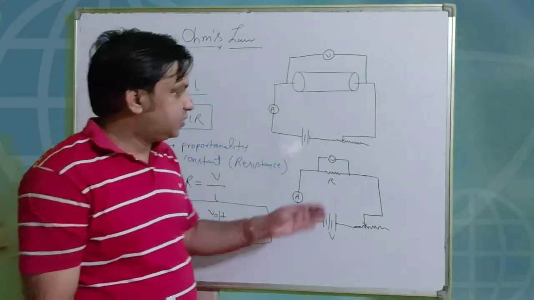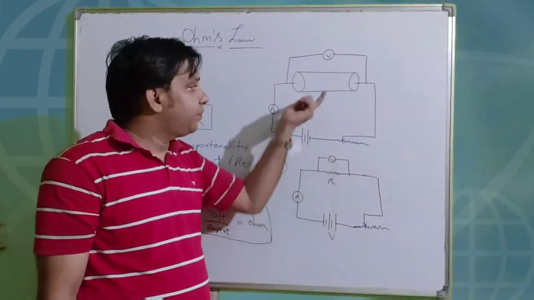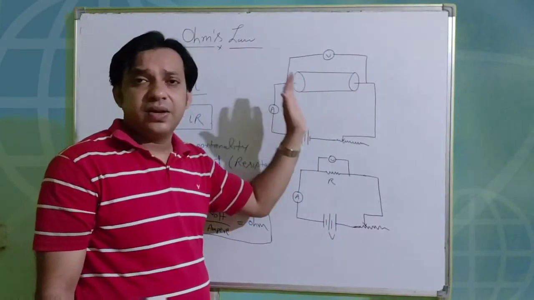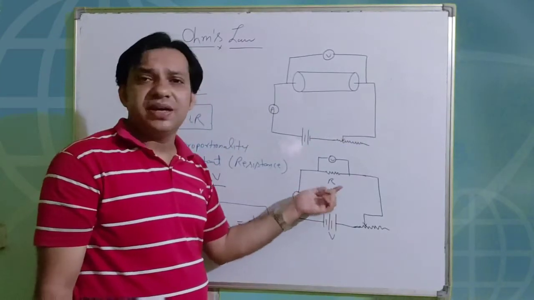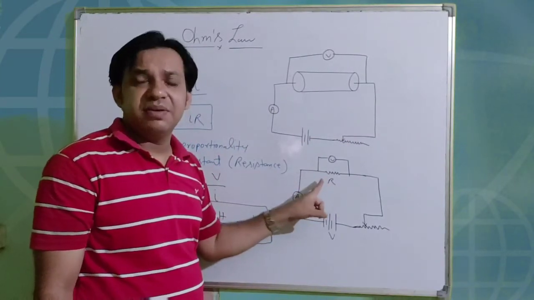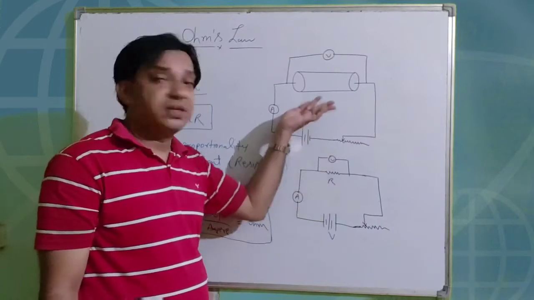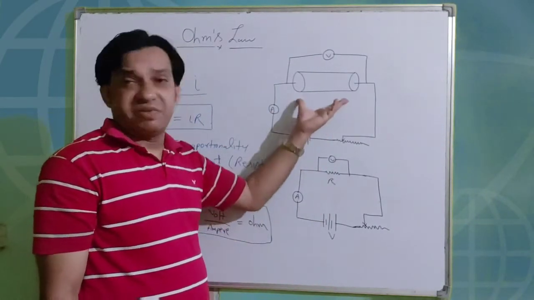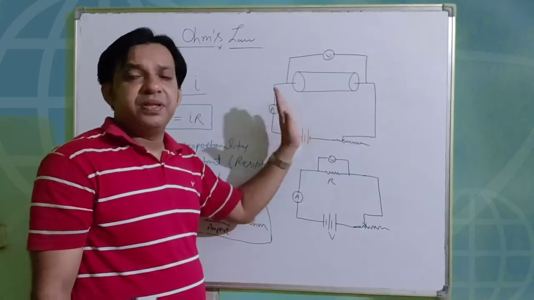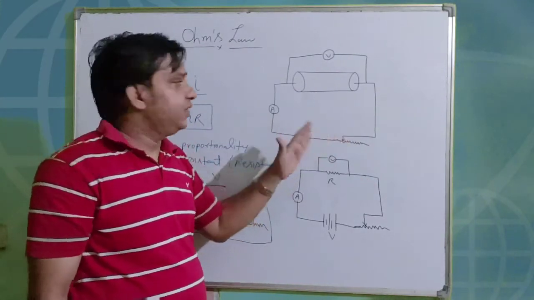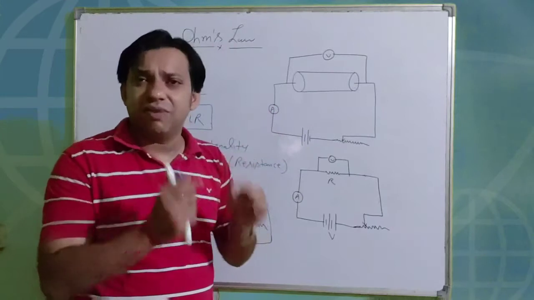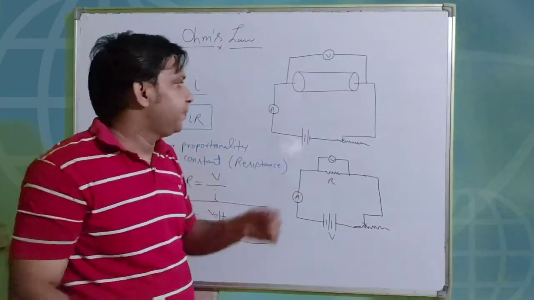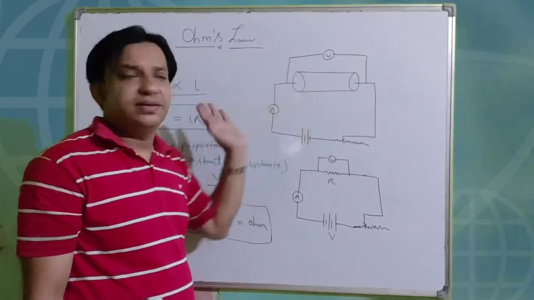Right? So this circuit is similar to this one. So the conductor along with its resistance, the symbol we are using this time. Yeah, this is the symbol which is used to represent the resistance of a conductor. So we are not preferring this type of arrangement. This is only the activity. You are using a kind of conductor, kind of wire. If you simply take the copper wire and connect like that, you will find this relation.